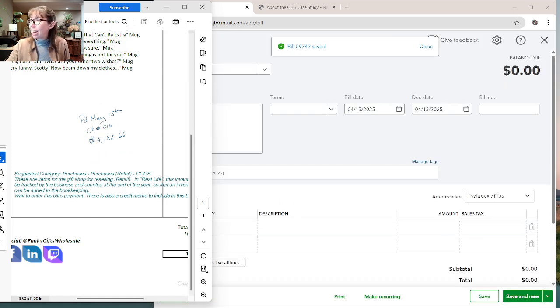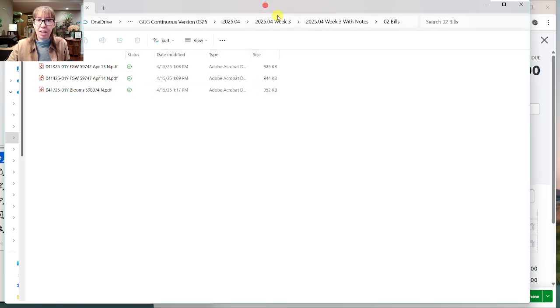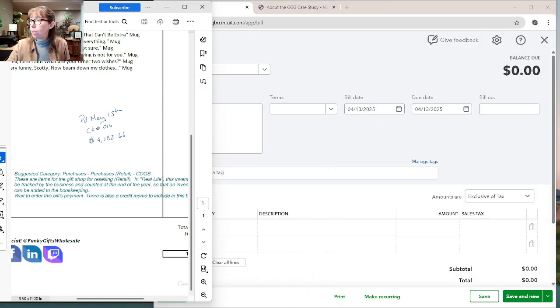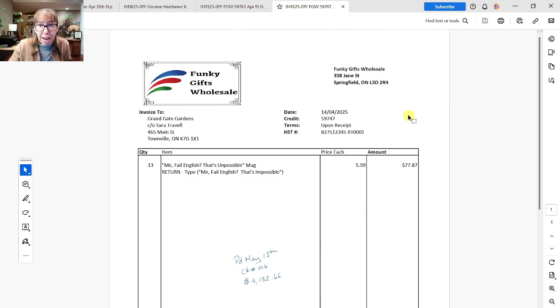But in the file here, you can see that there's actually another Funky Gifts wholesale. So let's go ahead and put in this Funky Gifts wholesale, the next one. And again, she says the same thing, paid May 15th with check 16016 and that amount. So she is putting this all together on that one check. But this is not a bill. We can see that it's a negative amount. So basically they had sent a mug that says